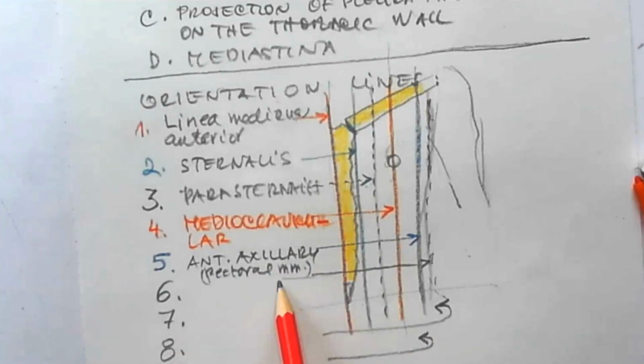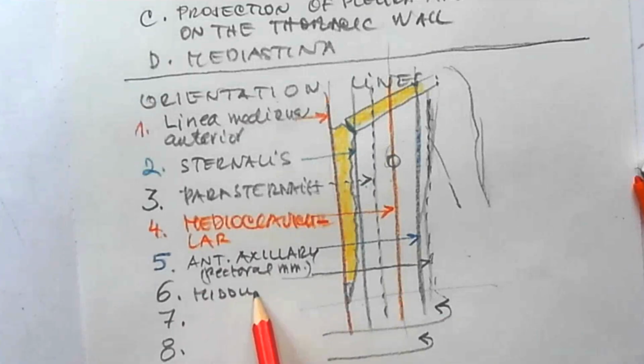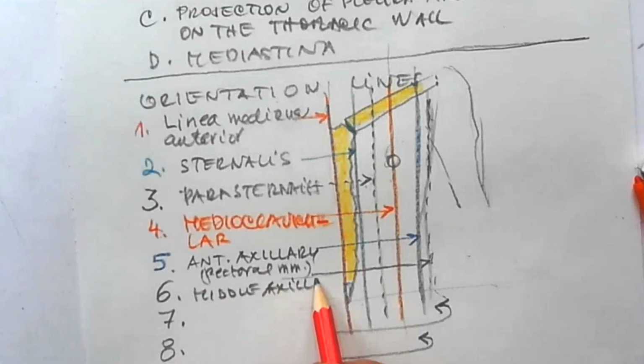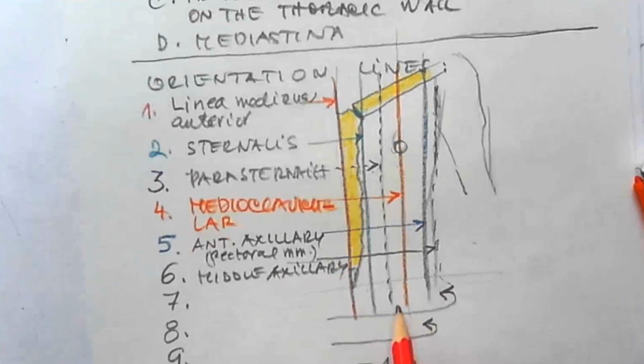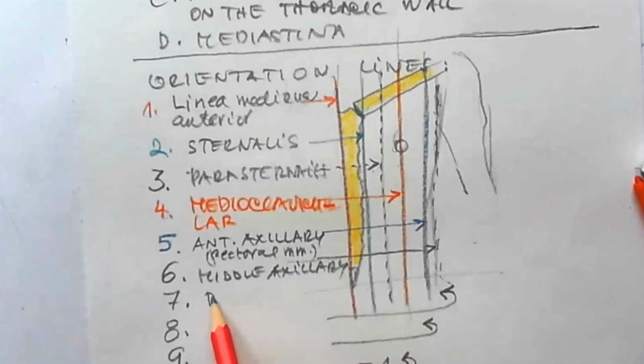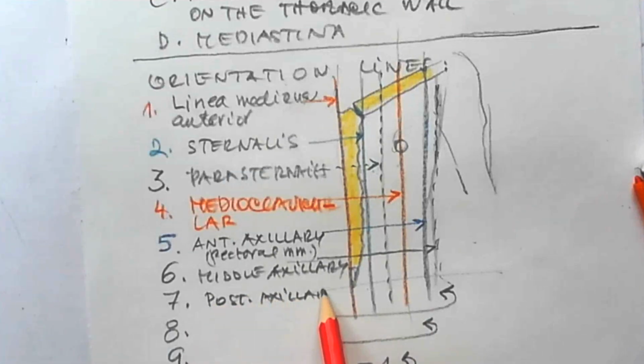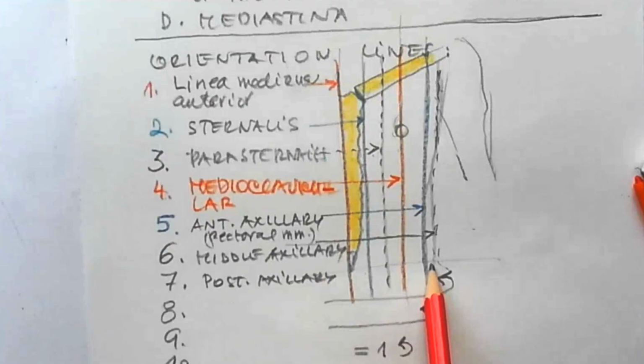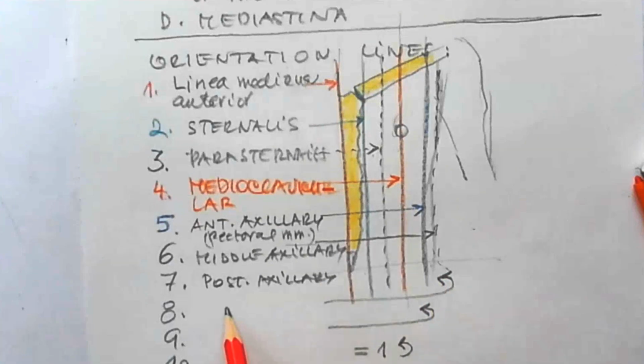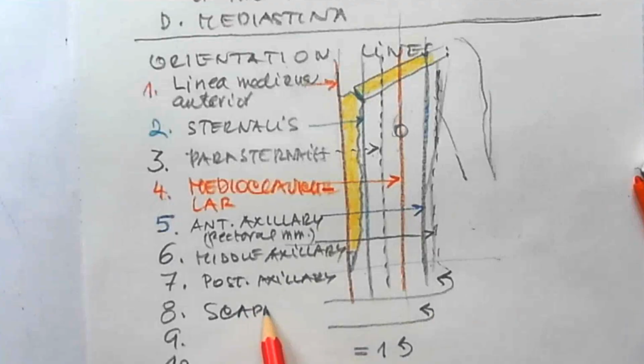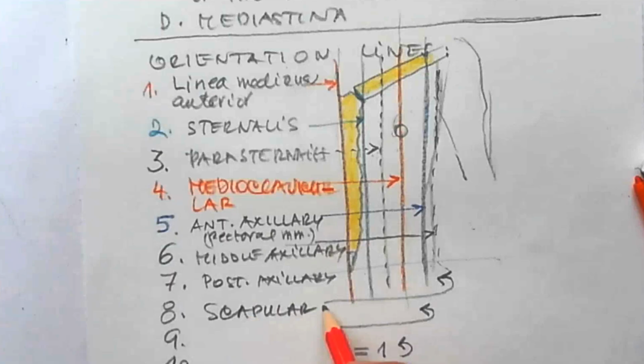Correct. Number 6 is the same, but the middle axillary, passing through the tip of the axilla. Number 7 is the posterior axillary. Posterior axillary passes through the thoracodorsal muscle, forming the posterior boundary. And then number 8 is scapular. Yes, scapular, easy to remember because scapular passes through the inferior